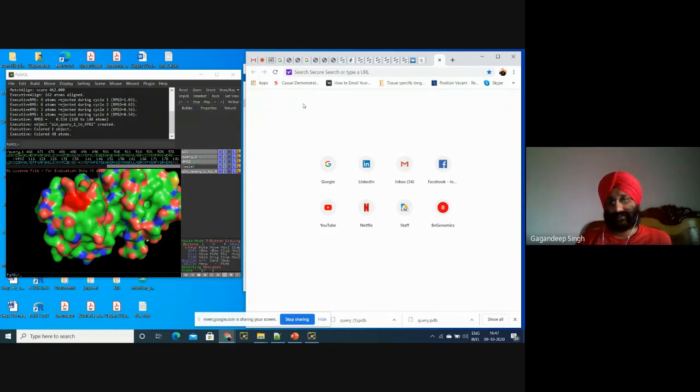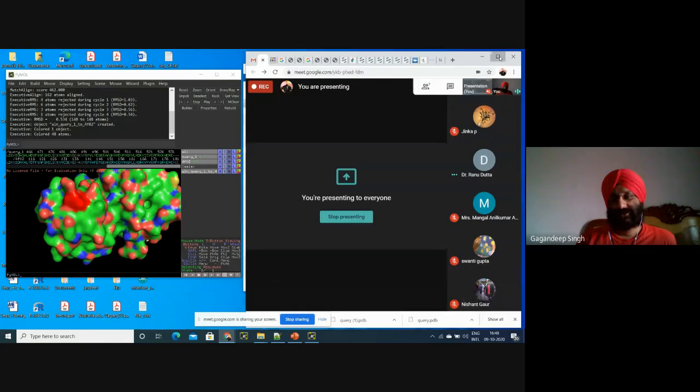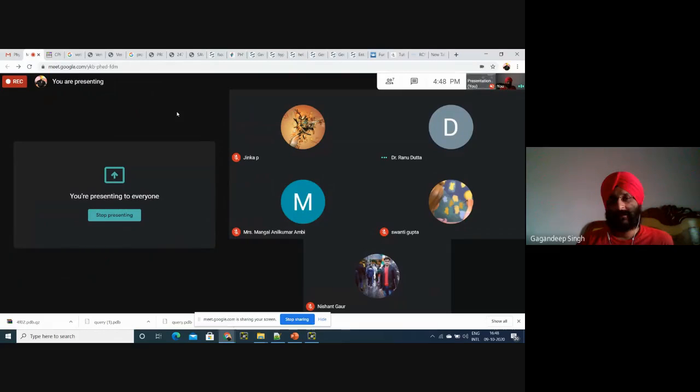Please try to validate at least 10 structures. This will be the assignment till the next lecture, so that I'll be able to find how many structures for your selected organism are in the pass category and how many fail, and how many structures you can present in your publication if you have selected any particular pathogen related to your research work.